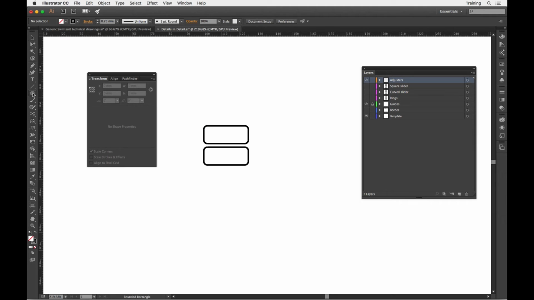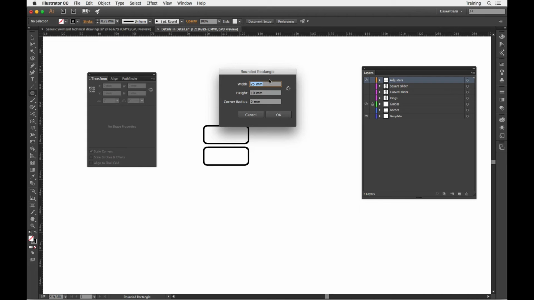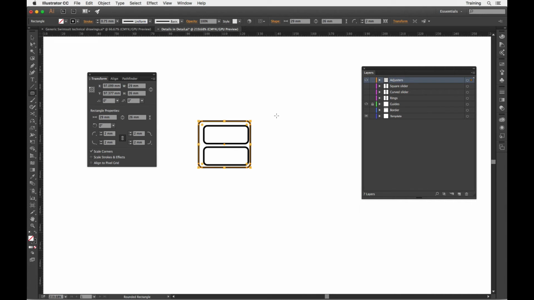if I go and get my rounded rectangle tool, I'll just click. So I want it to be 25 plus 4 and 22 plus 4. I'll keep the corner radius the same, and then that will match this corner here. Click on OK there. Now it's off center at the moment, but no need to worry, because what I can do,